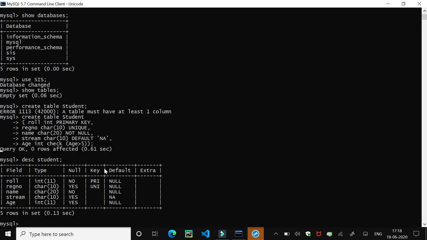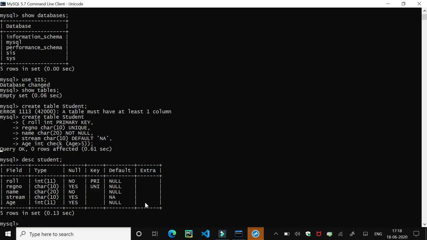And in the default column we have assigned NA for stream. So for other fields the default value will be null, but for stream the default value will be NA. Means if we do not pass any value to the stream, then by default it will enter NA in it.